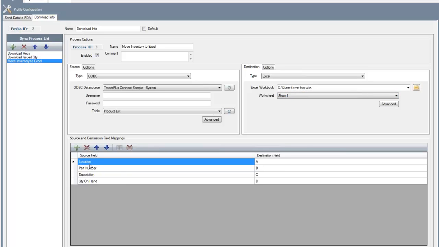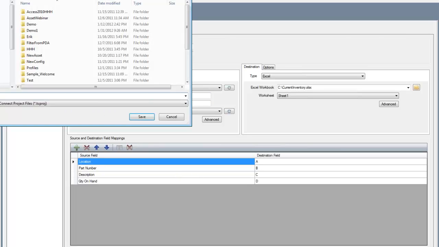So you can see location goes to column A, and so on. So this spreadsheet here, Sheet 1, will be updated with all of the item counts that we have from our inventory system. Okay, so that's pretty much everything I want to set up for TracerPlus Connect. The next thing I'll need to do, and I'm going to save my project here,